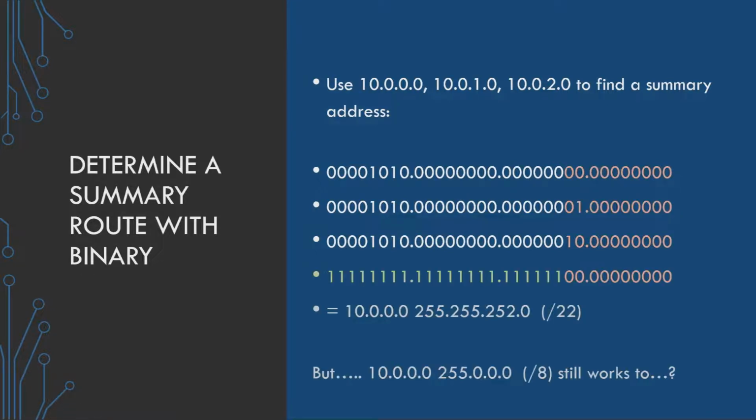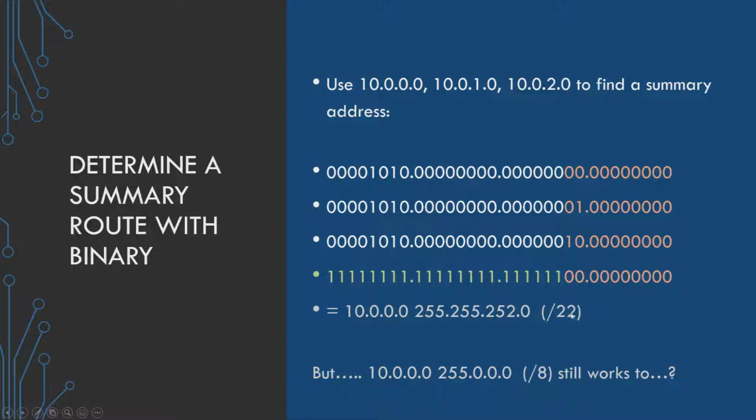Once we've done that, similar to subnetting, we look through the binary until we find the first bit that is different across all addresses. All of the bits are the same until the third octet and 7 bits in, because on 10.0.2.0 it's a 1 versus the other two networks, where they're zeros. So in binary we change all of the bits that match to ones, and from the first bit that is different onwards we change that to a 0. If we look at the end result, it's this subnet down here,